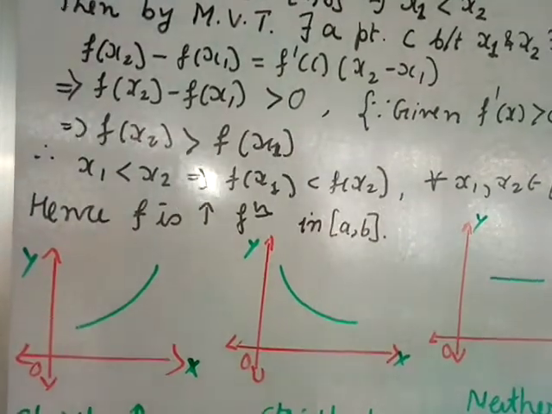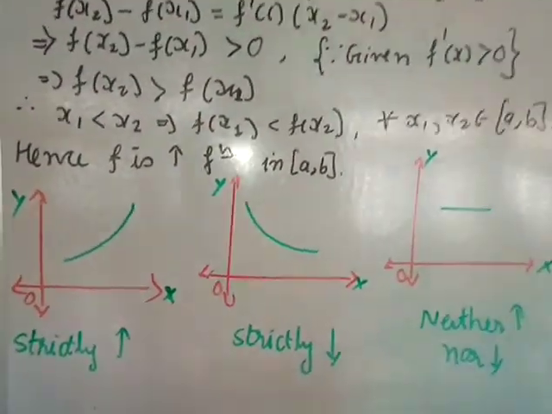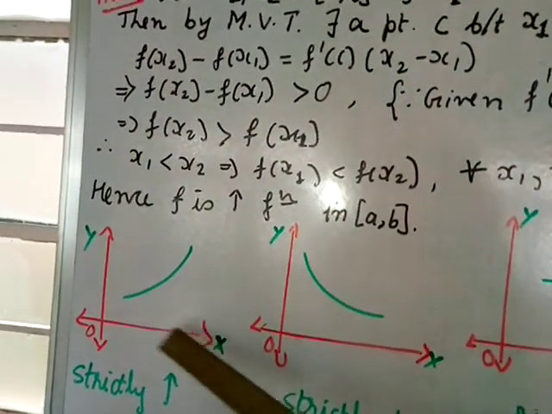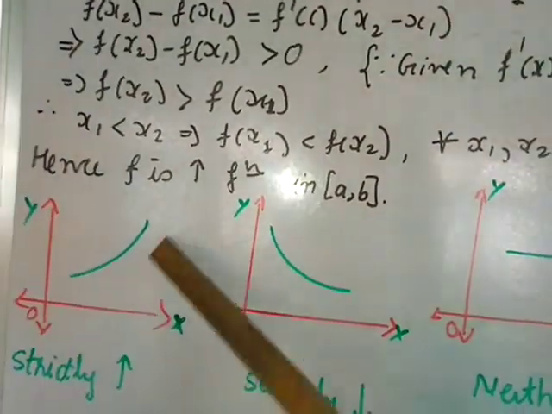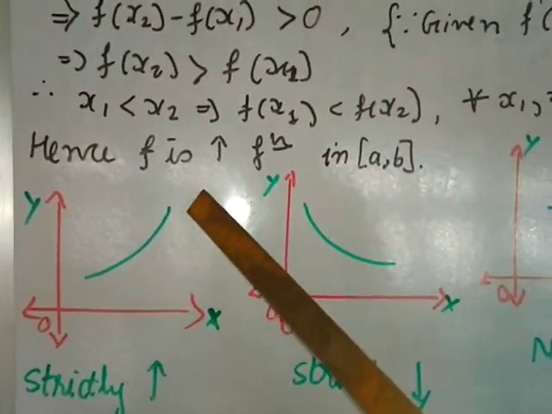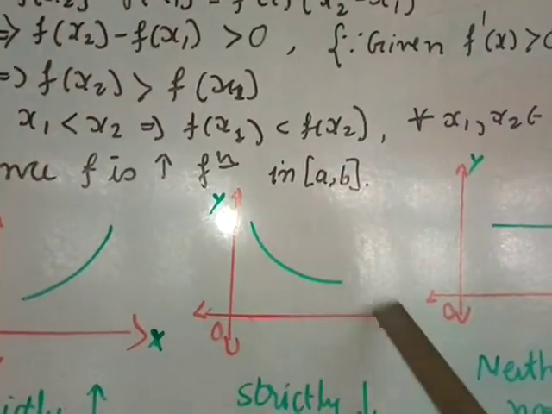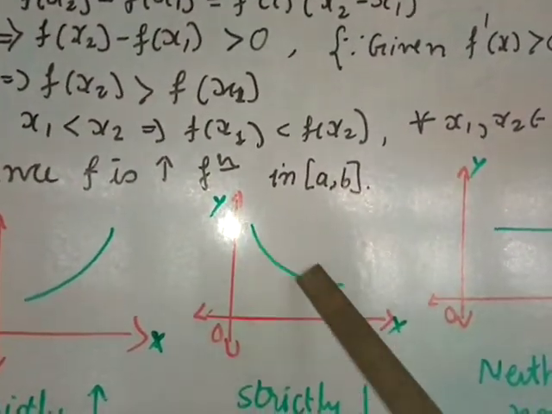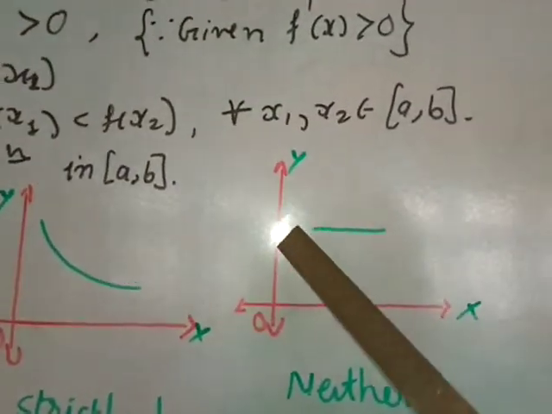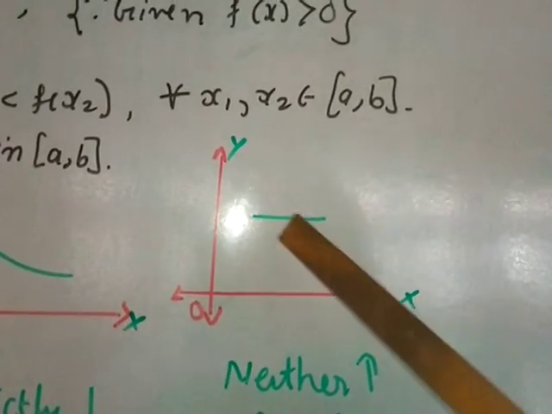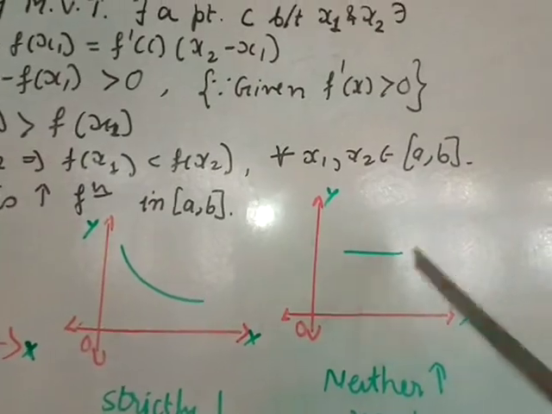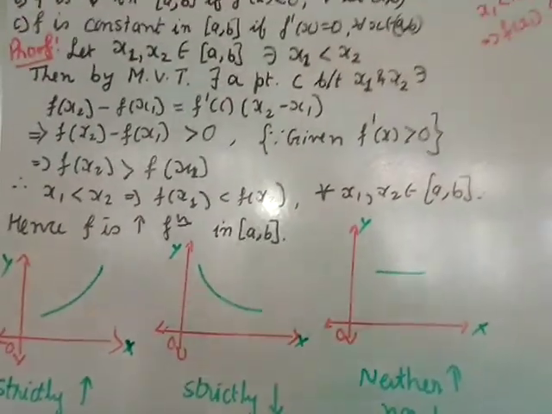And similarly you can prove the second, B and C parts. Here I have just drawn some figures for showing the functions. Here as x is increasing, y also is increasing, so this you call a strictly increasing function. Then decreasing means as x is increasing, y becomes smaller, y is decreasing. So this is the graph for a strictly decreasing function. And this is neither decreasing nor increasing, it remains constant. So these are the three graphs. X increases, y remains constant.